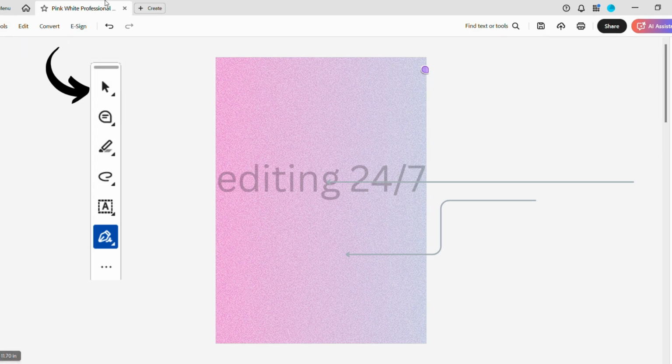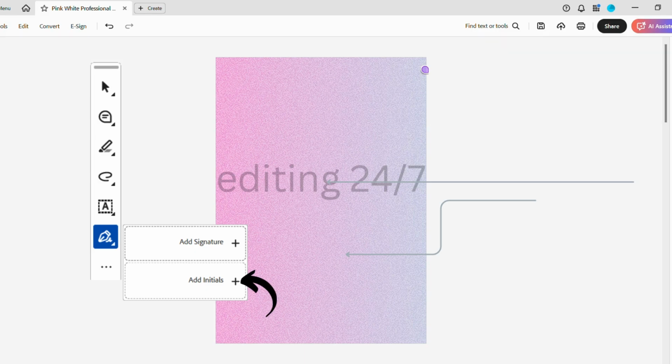It's usually up there. So go to the toolbar and usually at the bottom, not the very bottom, usually at third last or seventh place, you can see an icon that says add your signature or initials. That is denoted by an icon that is, I guess, a pen tip. So simply tap into that icon and you will see two options, one is signature and one is add initials. Since we're going to add initials, simply tap into the plus icon and now you have to